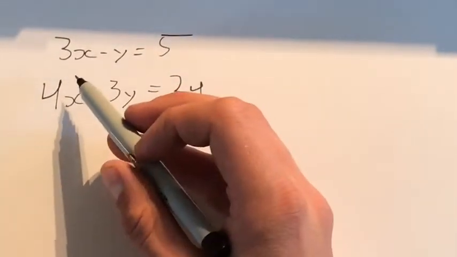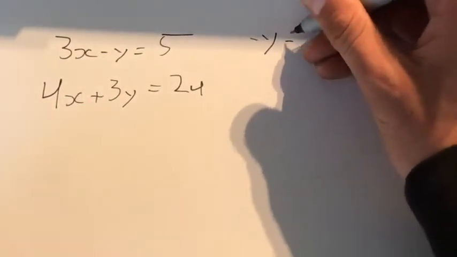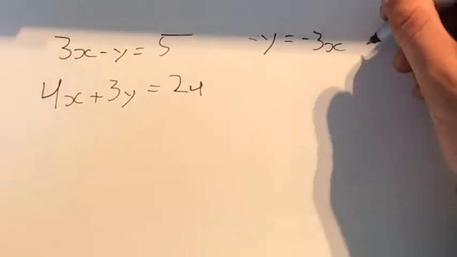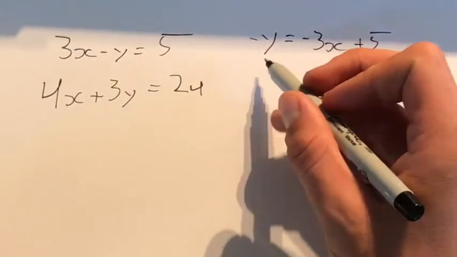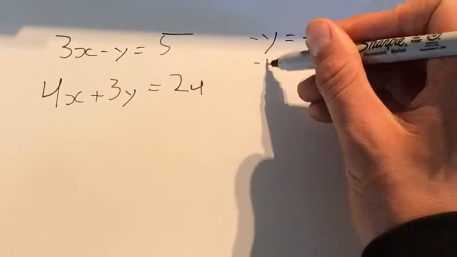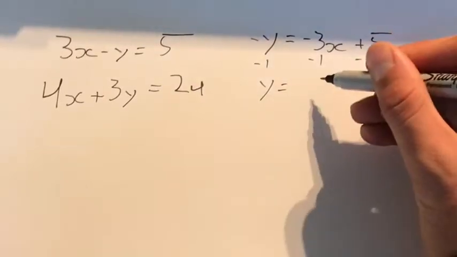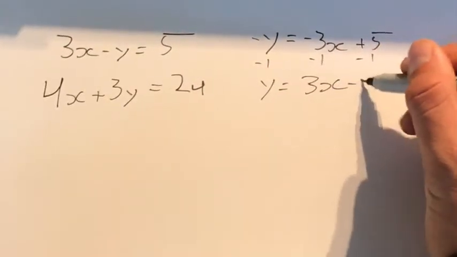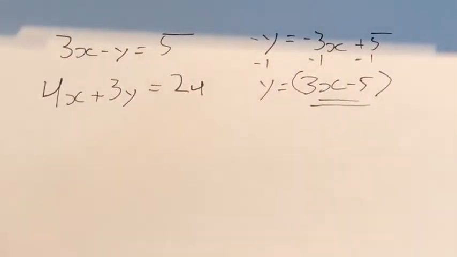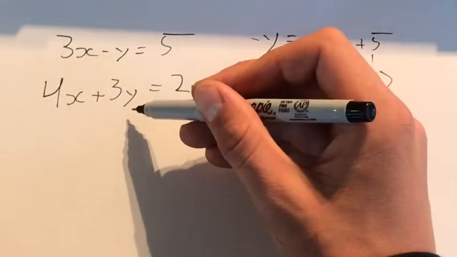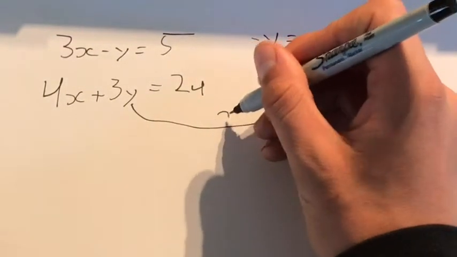So for that, we'd add minus 3x from both sides, and we get negative y equals negative 3x plus 5. Multiply everything by negative 1 just to get rid of these negatives, because we don't want this to be negative. So negative 1, negative 1, negative 1, and we'll get y equals 3x minus 5. Here is our value for y that we're going to substitute, like in the last video again, for y. Now, this is where the parentheses becomes important, because